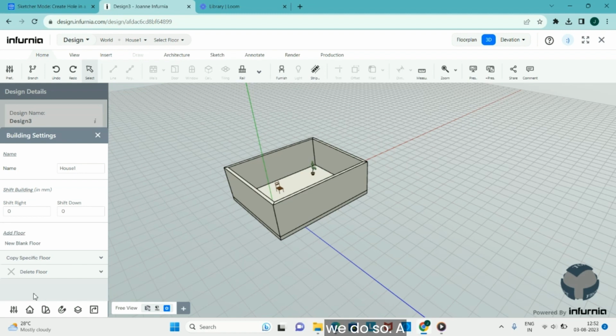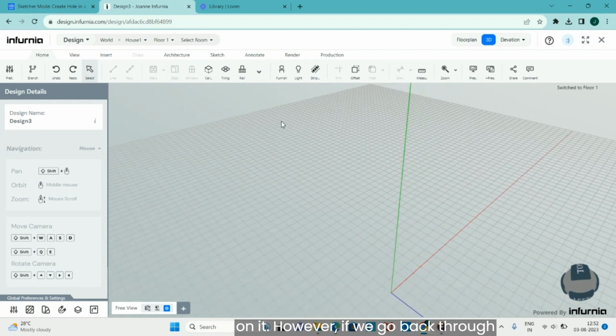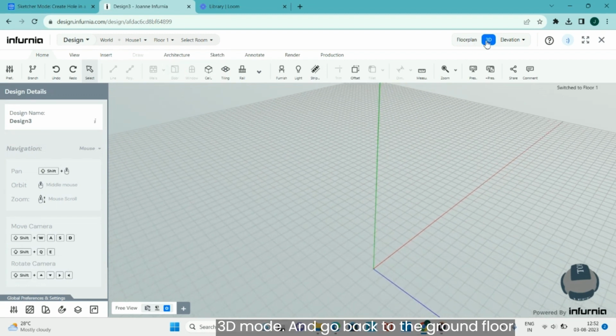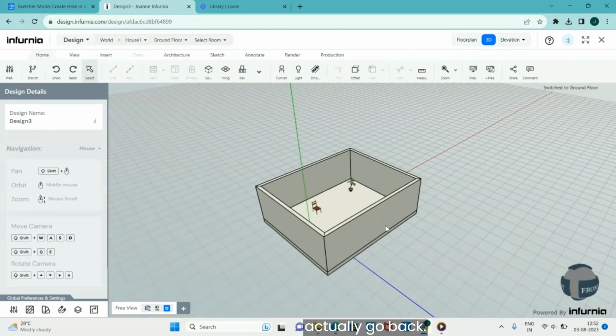When we do so, a new blank floor has appeared called floor 1, and when we click on it, it is empty because we have not added anything on it. However, if we go back through 3D mode and go back to the ground floor on which we have worked on, we can actually go back